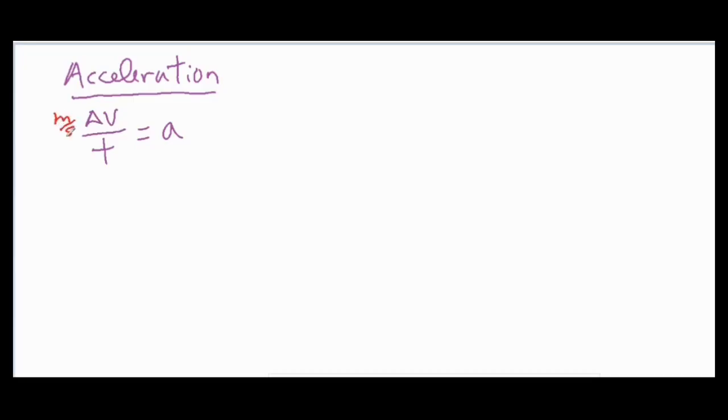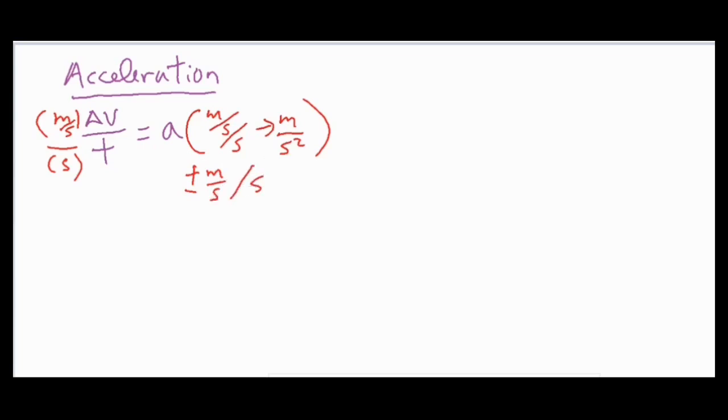Now moving to acceleration. Acceleration is definitely one step up from constant velocity, and acceleration is the rate that the velocity is changing per time, and that is measured in meters per second per second. And when you're changing how many meters per second are changing per second, it is very commonly expressed as meters per second squared. But just conceptually, it's telling you how many meters per second you're adding or subtracting per second